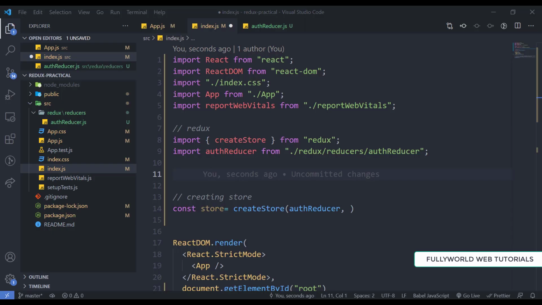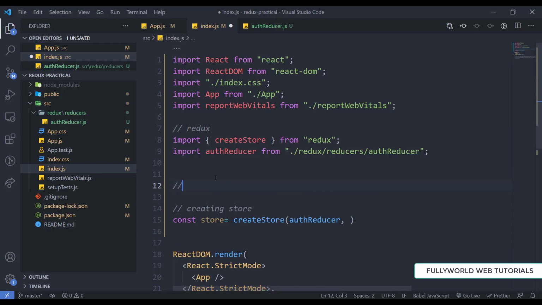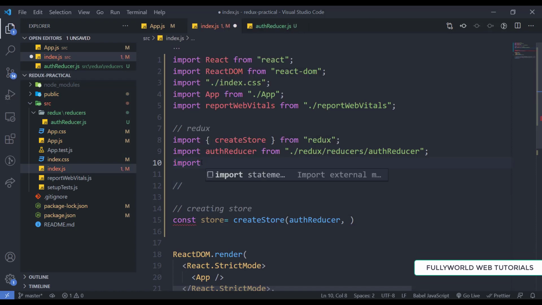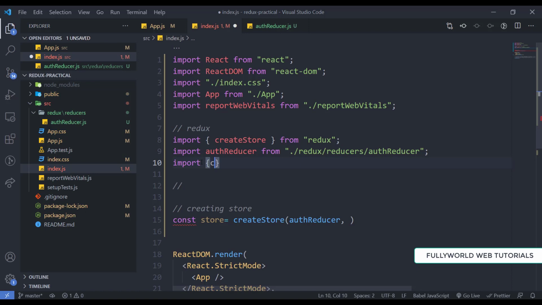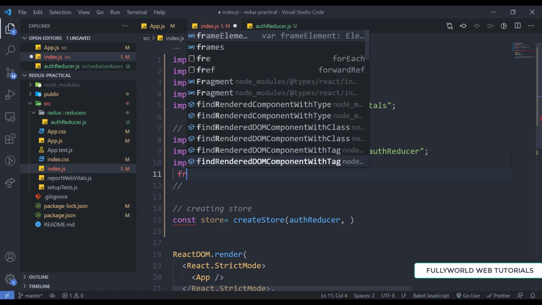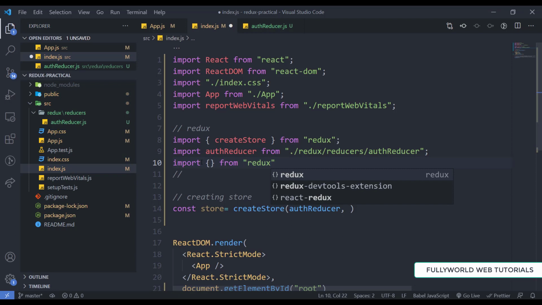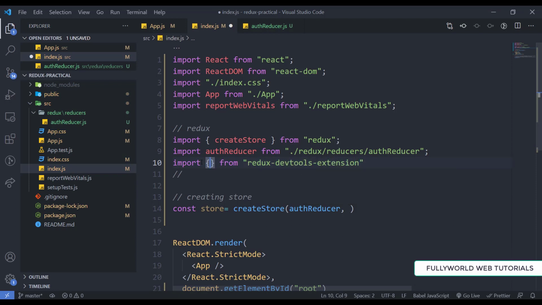So now let's see how we can connect this extension. For that we have to import from the Redux DevTools extension, and we are going to import compose with DevTools.